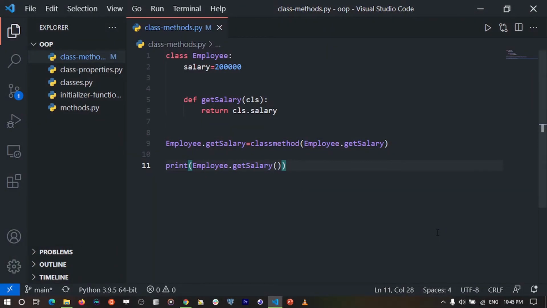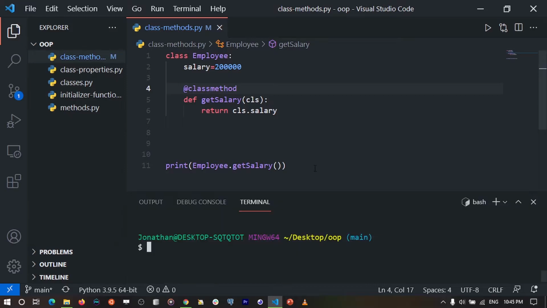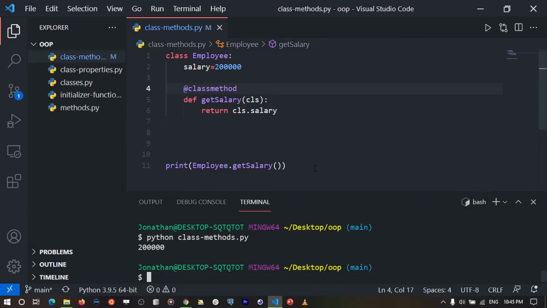Now converting a function to a class method using this method is kind of tricky. However, we can just use what we call decorators to make this function a class method. So instead of doing all this, what we can actually do is to remove this statement, and we shall decorate this function with at class method. And this is just enough to make this method a class method. So when I save this, what we're going to actually do is to then run the file. So I'm going to run the file by saying Python class methods dot py,